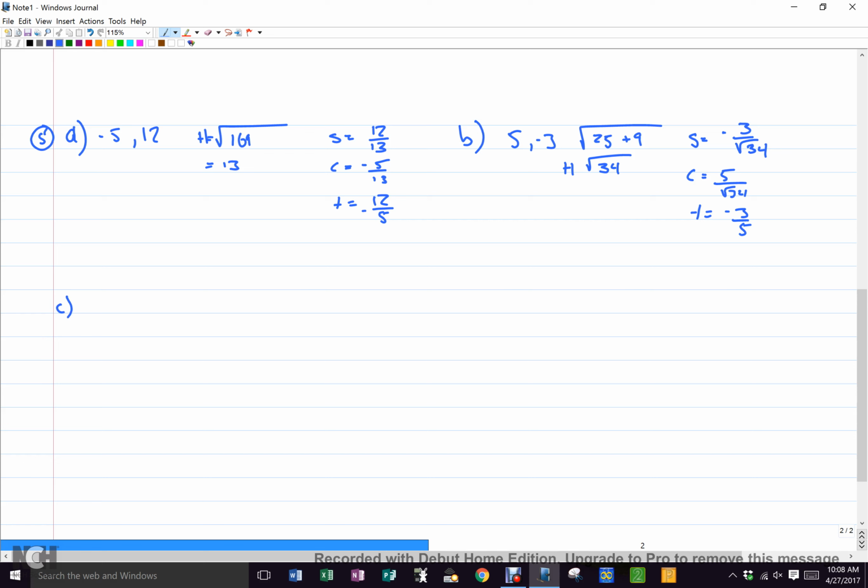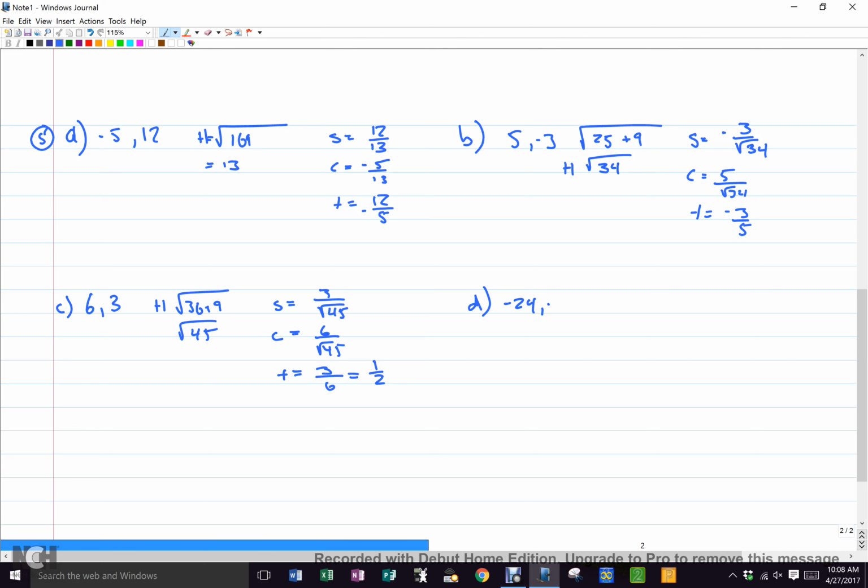C was (6, 3). So your hypotenuse is the root of 36 plus 9, which is root 45. So sine is 3 over root 45. Cos is 6 over root 45. Tan is 3 over 6, which is, of course, 1/2. And 5D,